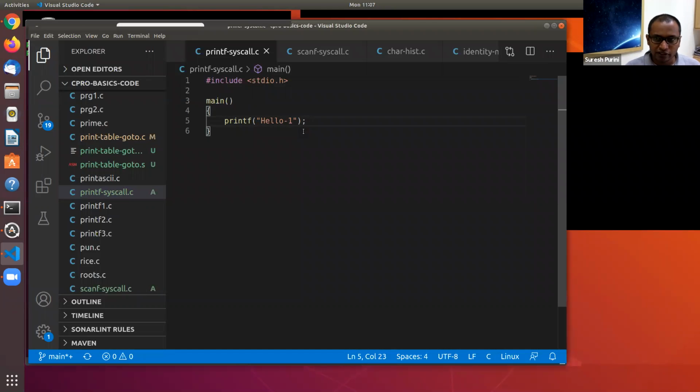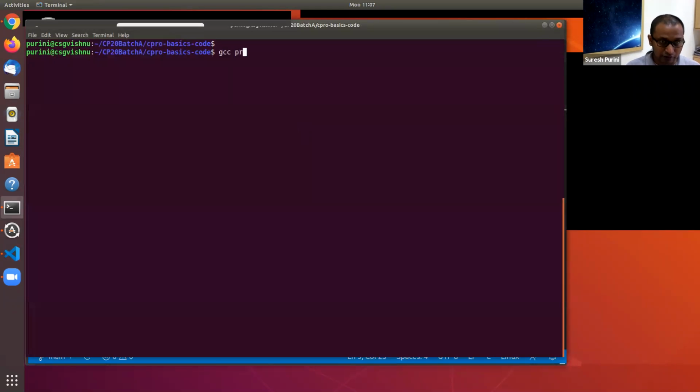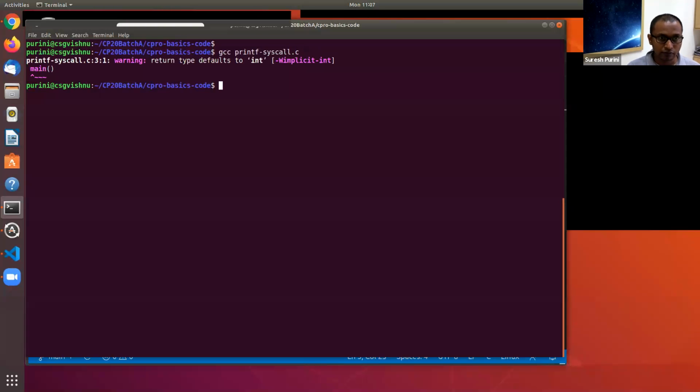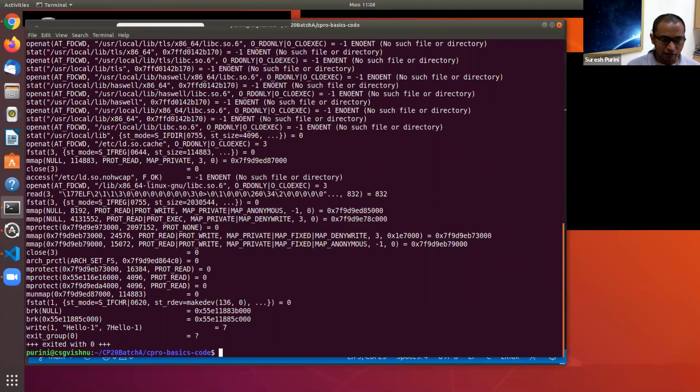Just focus on what I point out. I'm doing an strace now. Ignore everything and just focus on the line that I'm highlighting here.